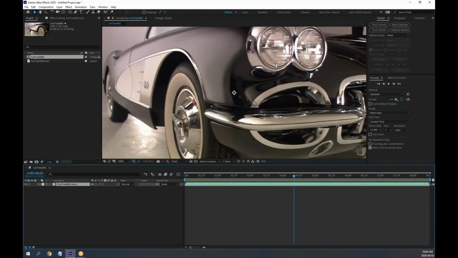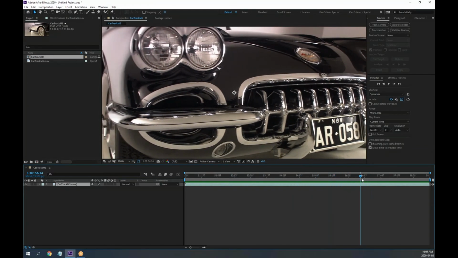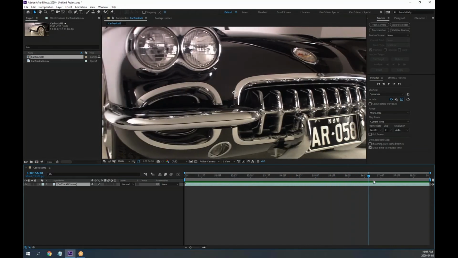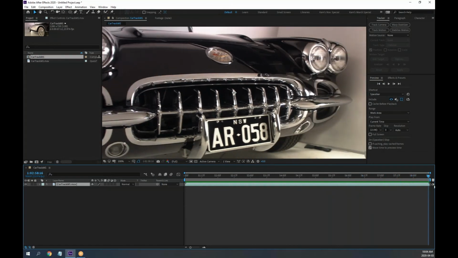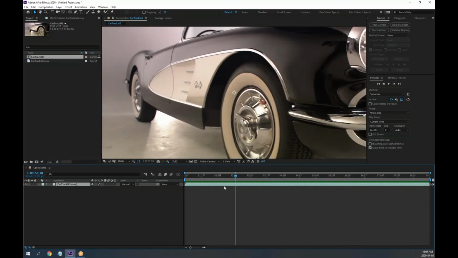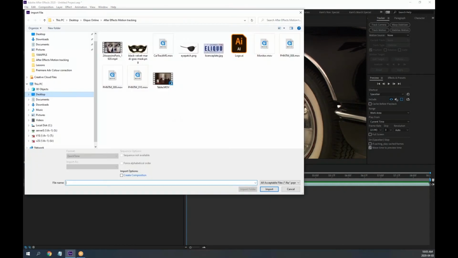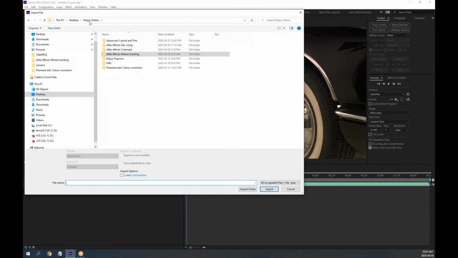Or let's say we talk about headline restoration. Something like that needs to be applied from a certain time to a certain time in a timeline, not constantly. And the same thing with the tire. The tire stops around here. This requires something called a point tracker in Adobe After Effects. Now, what are point trackers? The third type of tracker